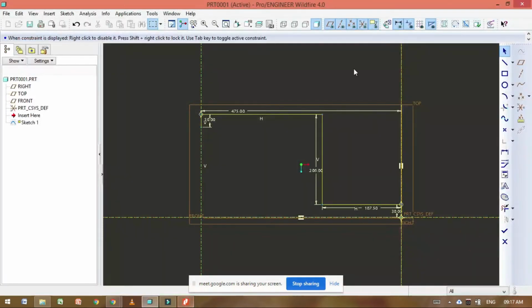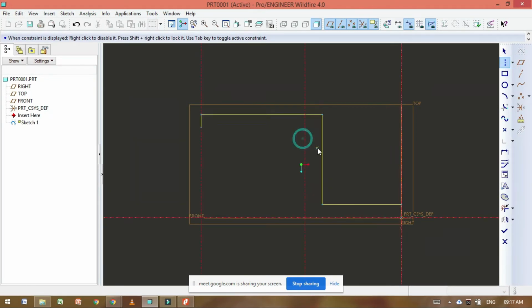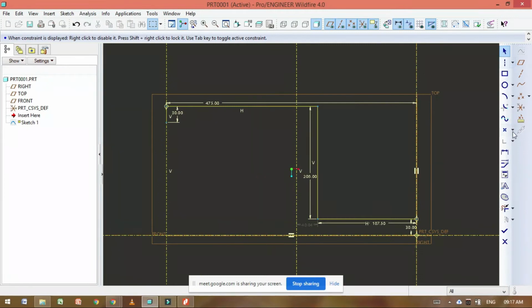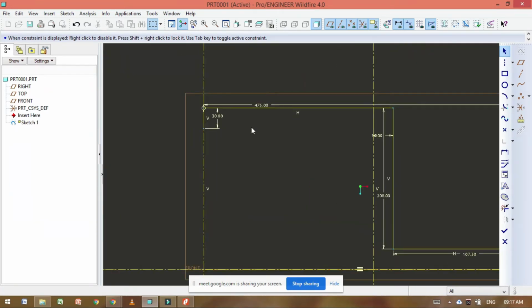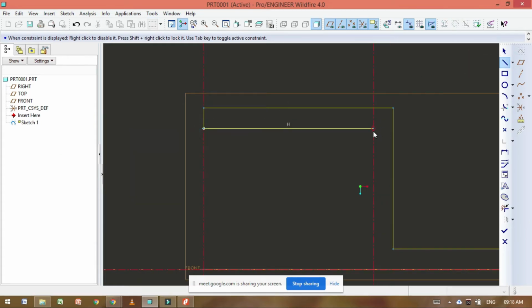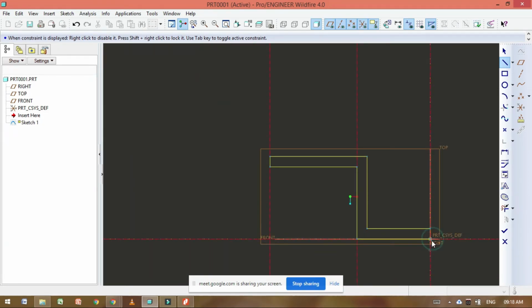So you can take the line or the center line at the 30 distance. Normal command. Press middle button of mouse. Double click and take 30. Now draw this solid line from this point to this point.